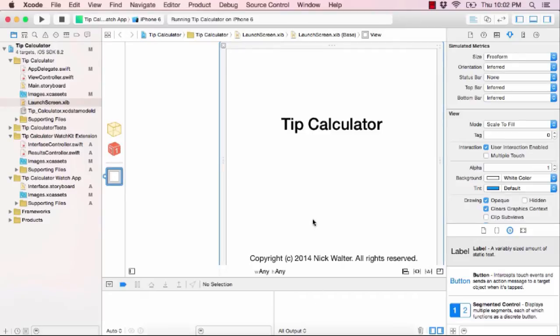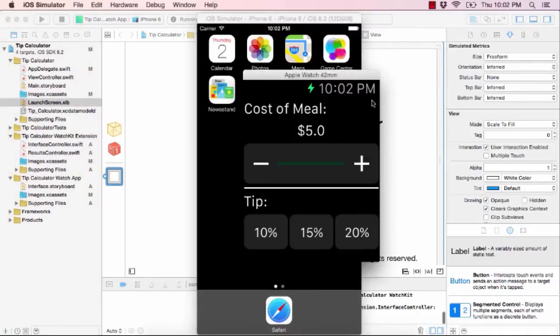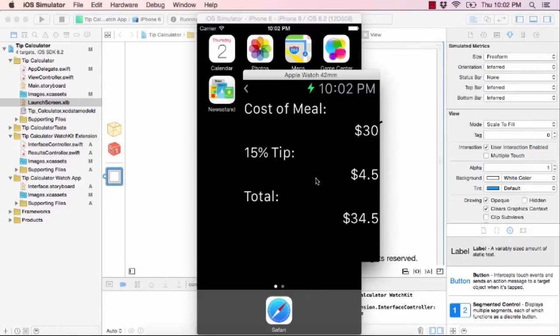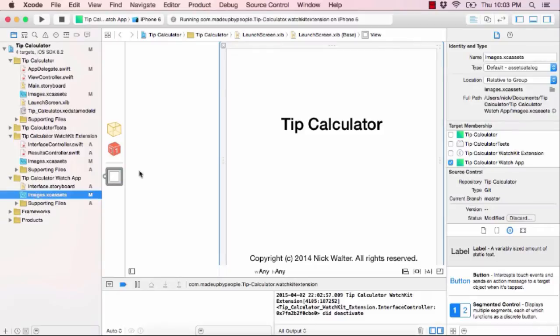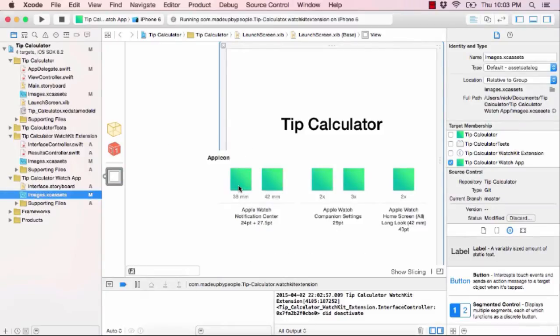It calculates the tip for if you went on a meal somewhere. So we'll open up the simulator here, say, oh, my meal costs $30, I want a 15% tip. Well, then your tip is going to be $4.50 for a total of $34.50. Yeah, so very simple app, and you'll notice the icon that I gave for this app was just like a